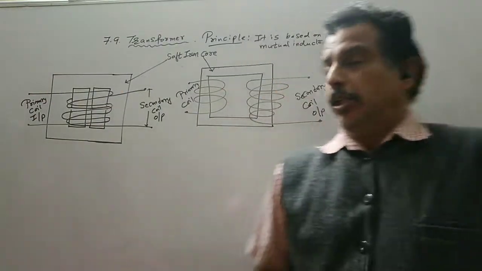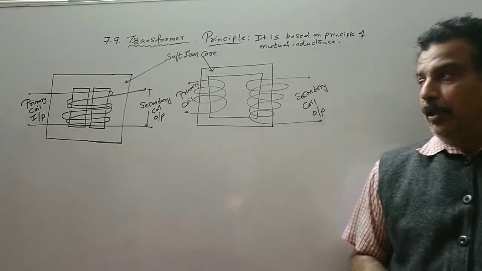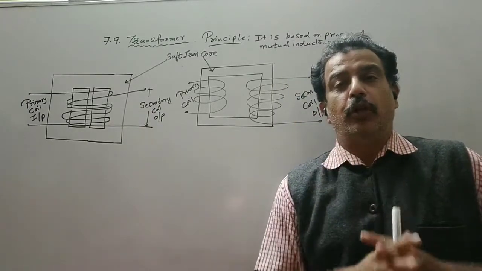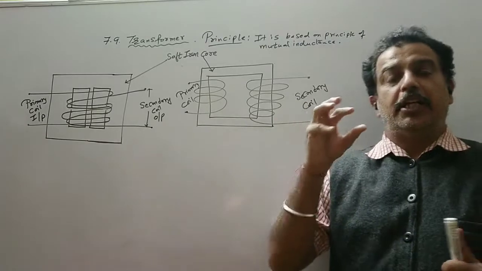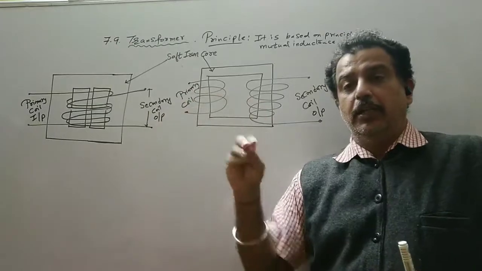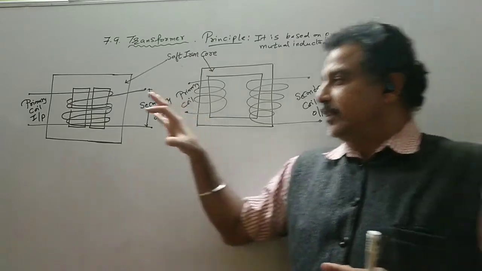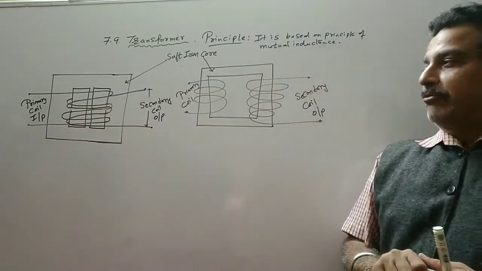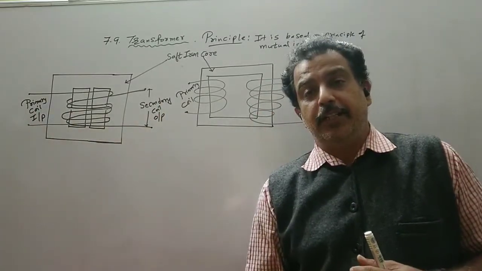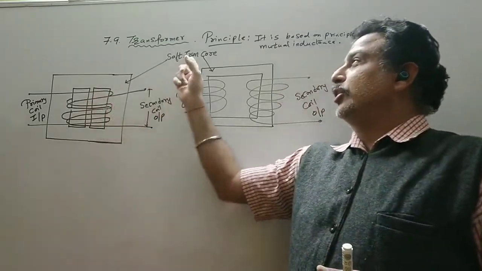Now there are two types of transformer. Both consist of two coils, where one coil is called the primary coil, which is generally the input of a transformer, and the other is the secondary coil, which is also referred to as the output of a transformer. In the first type of construction, the primary and secondary coils are insulated from each other and wound one over the other on a soft iron core.